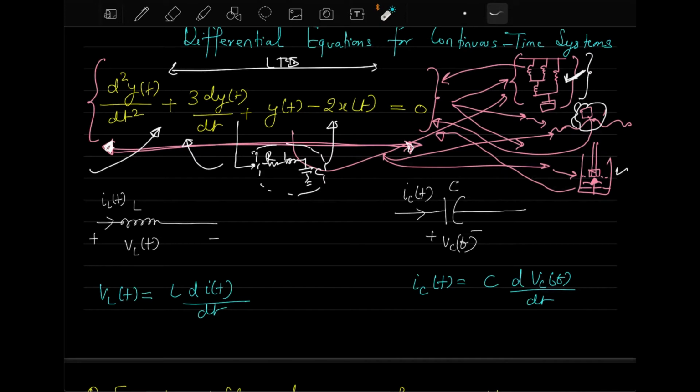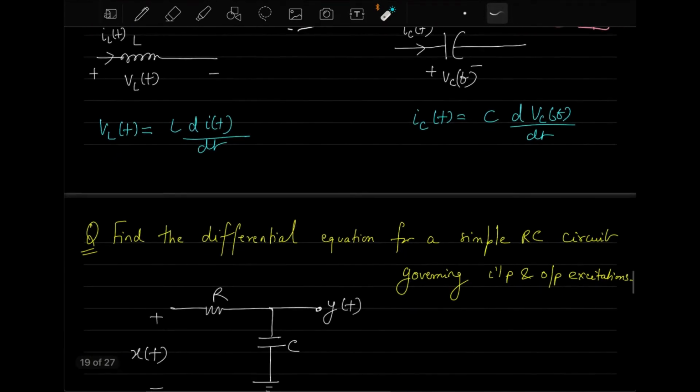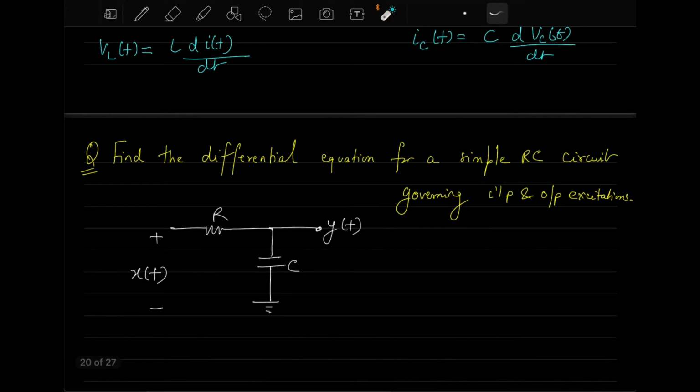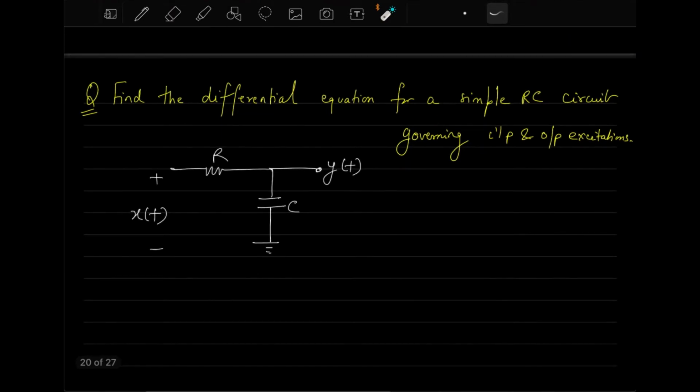Let us try to see if we have a model which is a very simple model here. This model is an RC circuit where we are applying an input signal x(t) and getting an arbitrary output signal y(t). We don't know what type of x(t) we have, but for the y(t) that we are getting, we want to see what kind of y(t) we will get here. I will give you one example of solving this, and in the second one you have to do it and let me know the answers. Here, we will apply KCL and KVL, as you must have studied in your earlier courses.